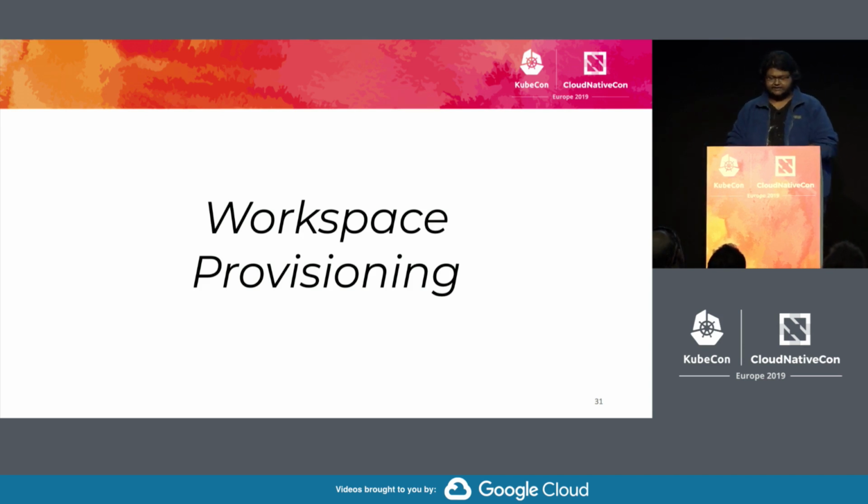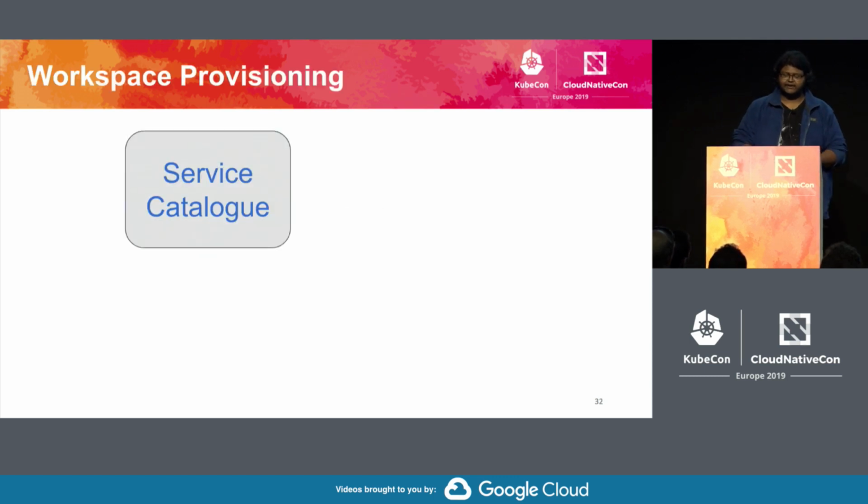The way we tackle that is using workspace provisioning, which takes care of automating all the solutions that I discussed in the previous slide. The automated workspace provisioning works with three main components. The first one is service catalog. This is something that we built in our company, and the service catalog is just a catalog where before deploying